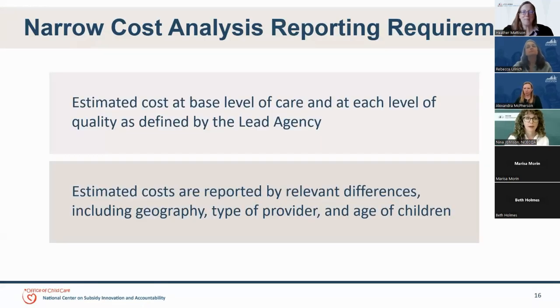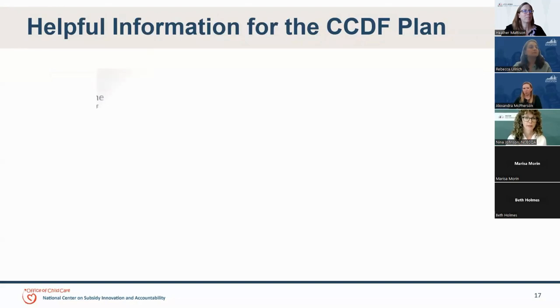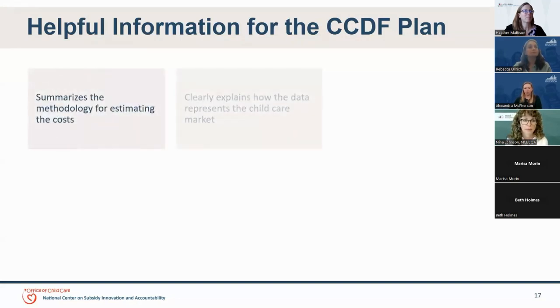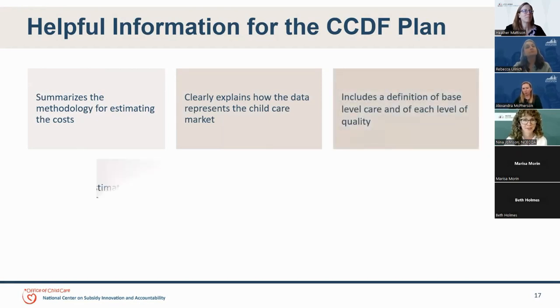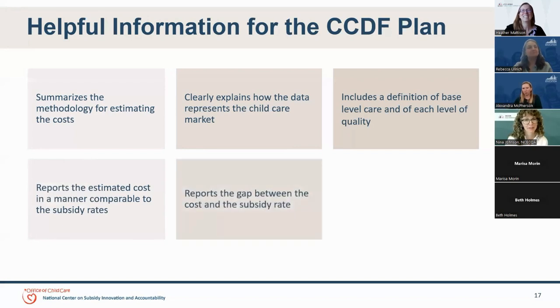Thank you, Heather. The report must include the cost at the base level and at each level of quality, and also any relevant differences in cost, including geography, type of provider, and age of children. Then I'll talk briefly about elements that would be helpful to include. These elements are helpful for report readers and will support you in responding to the CCDF plan, so it's a win-win. Summarizing the methodology for estimating costs, explaining how the data represent the child care market, including a definition of base level care, and also definitions of levels of quality,